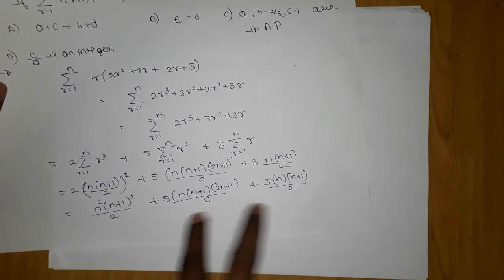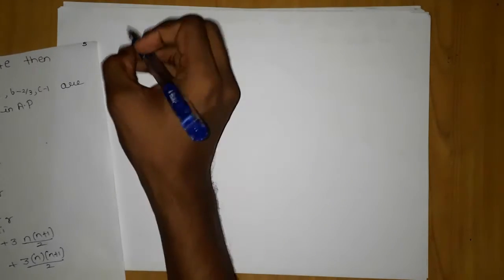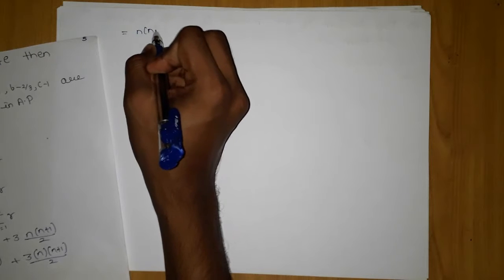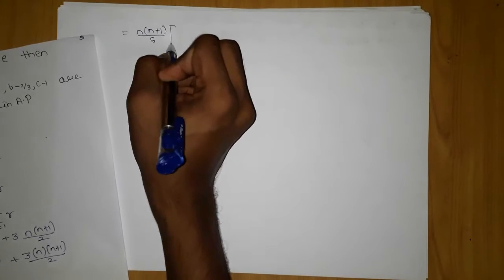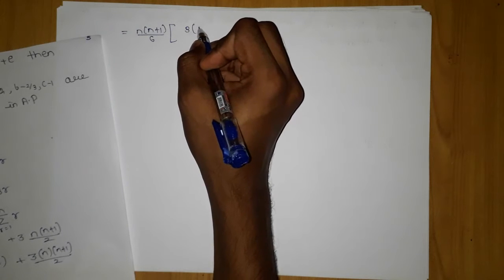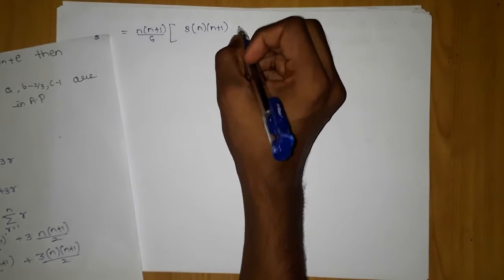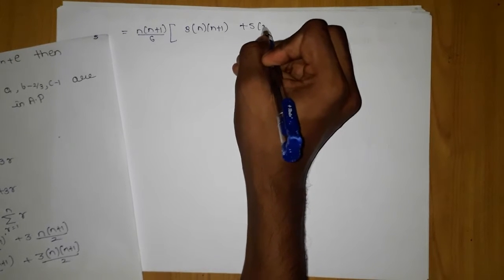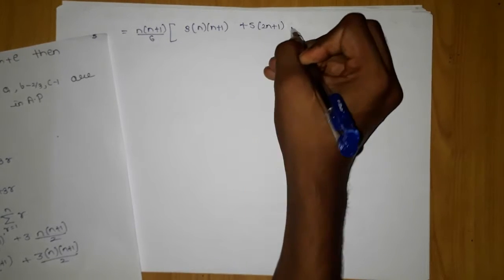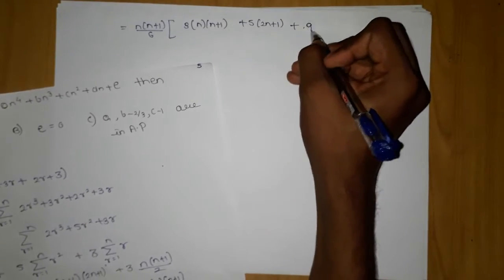So that there is no denominator term, it will just reduce your calculation. We will take n into n plus 1 by 6 common, which will help us. Here we multiply by 3, which will give me n into n plus 1 by 6; here 5 into 2n plus 1 will be left, and since it was 2, we multiply here with 3, which will give me 9 as left.